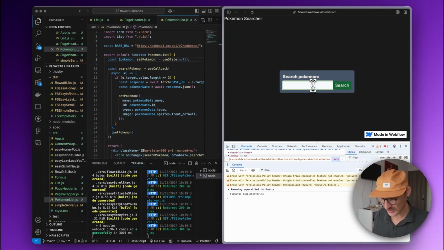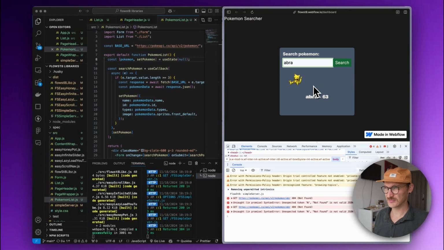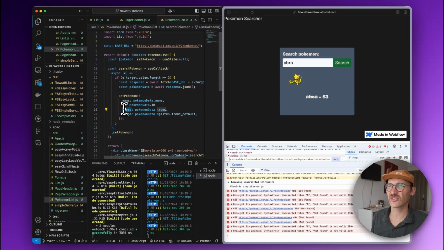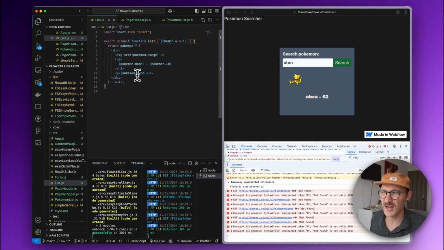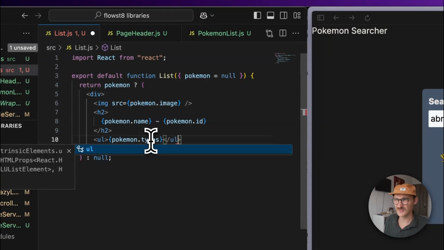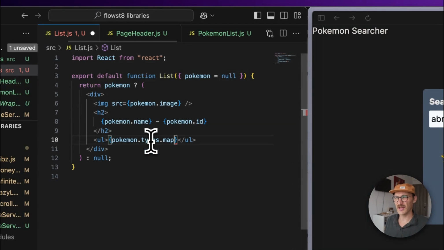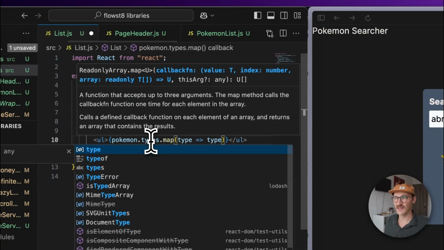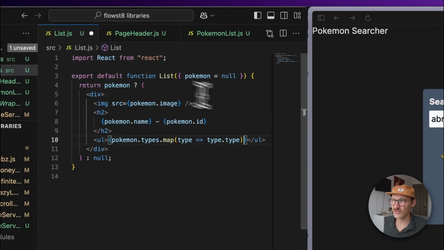So yeah, let's go Abra. Boom. We have something going on. Obviously, we've got all these errors here. Where, so we got types, is it? Okay, so I remember that is an array. So it's types. So let's make this into a ul dot map. And then we go type. I'm just making this up now, but we'll confirm it in a sec. If we go type.type,